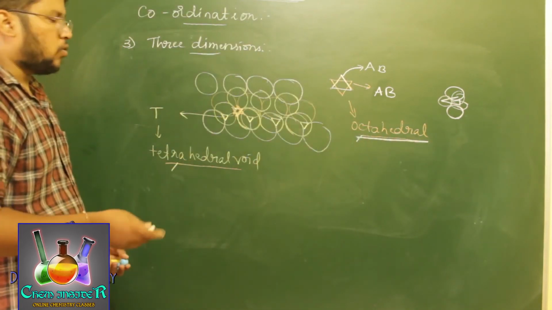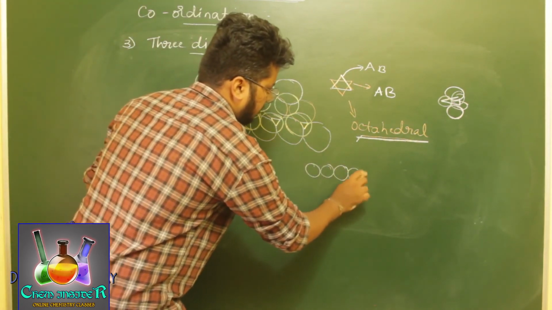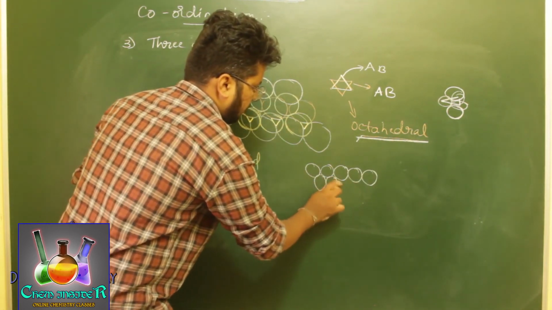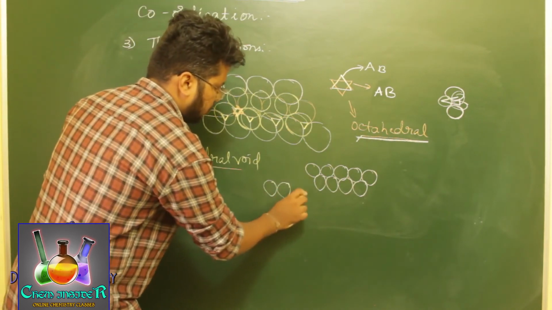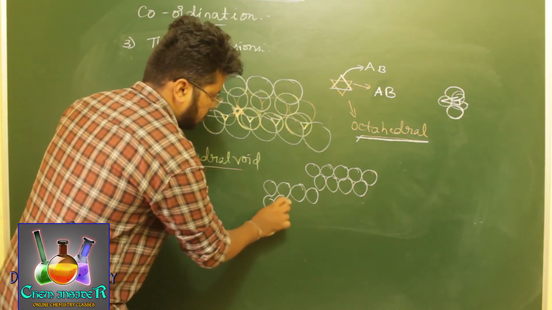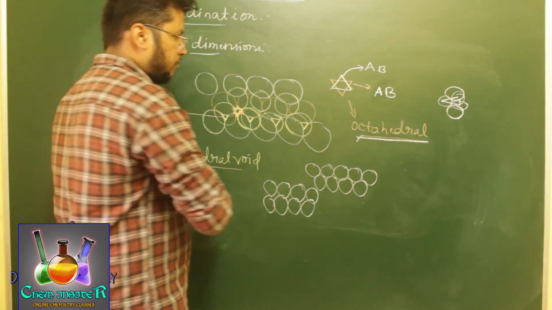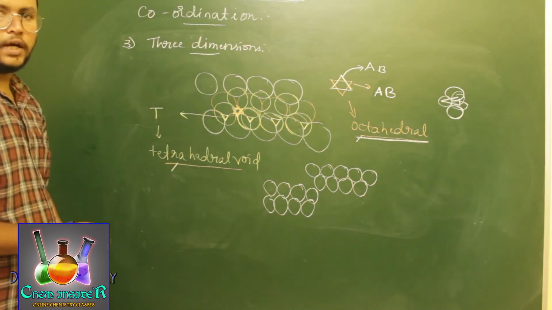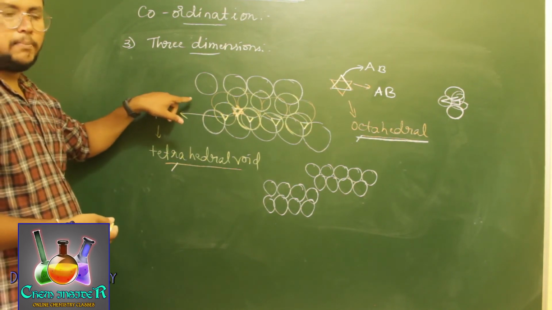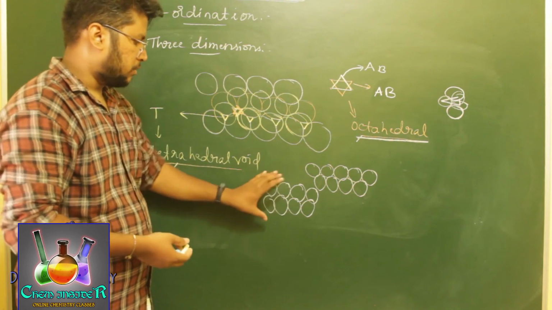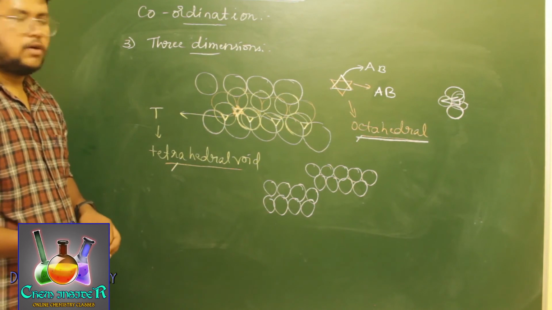If you arrange AB over C, that is a C layer, and this is our AB layer. If you take C, that will be right next to one another, just like a square pack. If you keep this over that one, you are closing every tetrahedral void, and we are left with just octahedral void. That was just confusion. This is the type of AB upon AB. If you place this layer upon this, you will get AB upon C type of arrangement. So this is about the square.